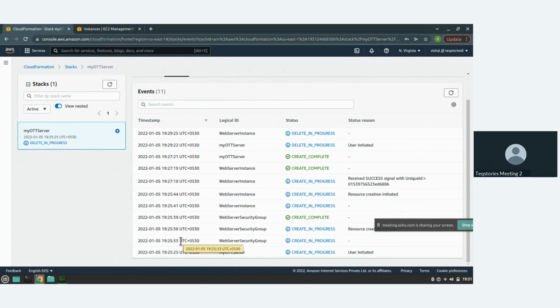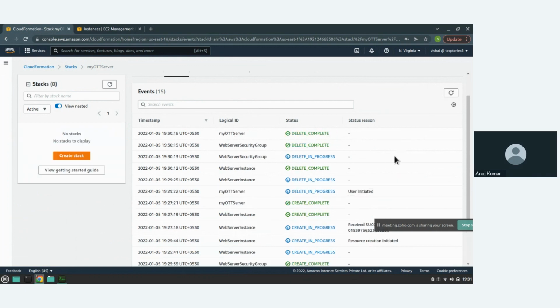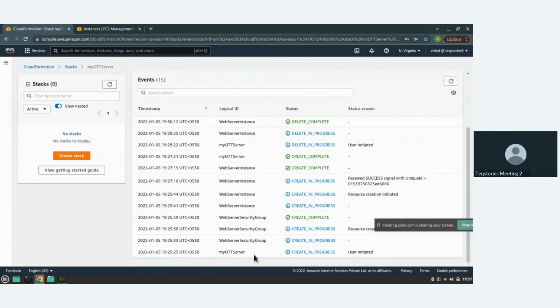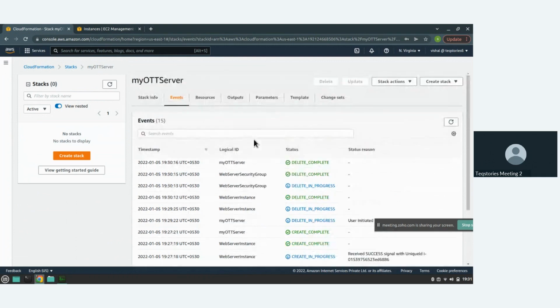You'll find the same thing in Terraform also. It will give you the logs every 10 seconds. Done. Instance is gone, security group is done. You can see it is the opposite way, right? It created this first, then this, then this. While deletion, it is going the opposite way. Okay,